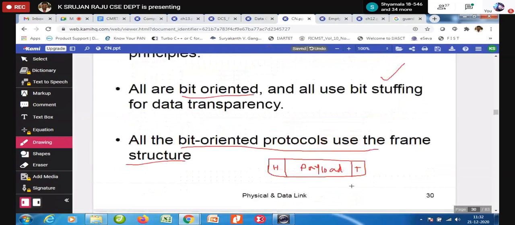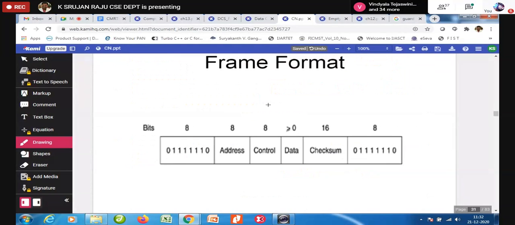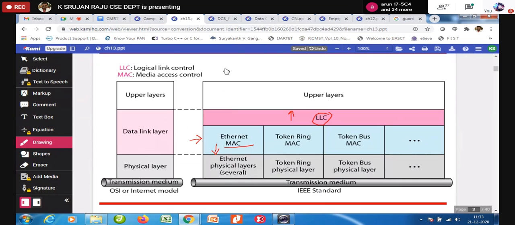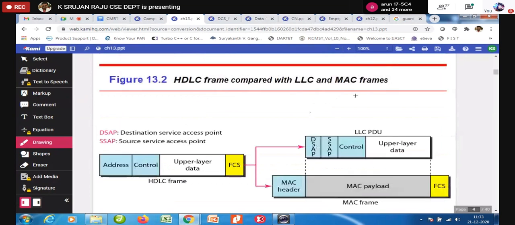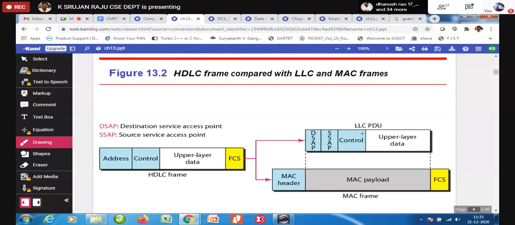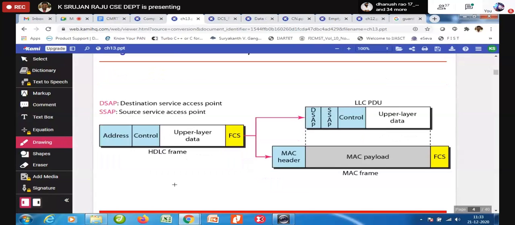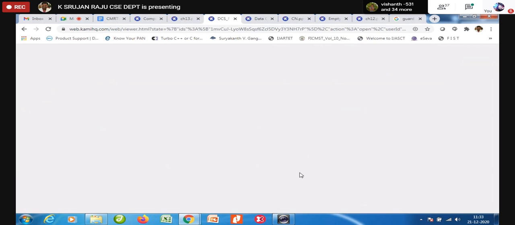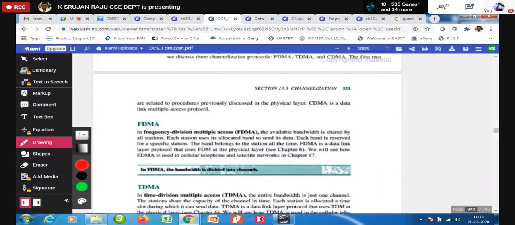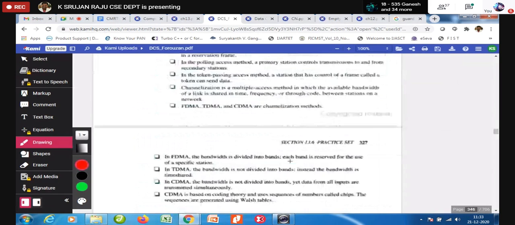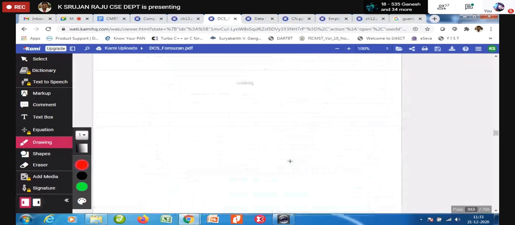So how is this HDLC going to have a frame structure? Now we are going to discuss the frame format. Please note down the frame format of HDLC, or you can use this one also, whichever is comfortable to you.